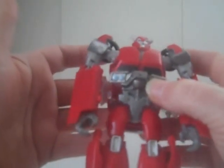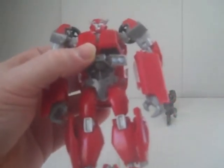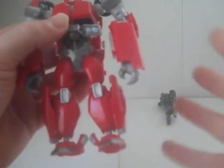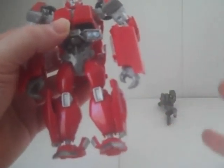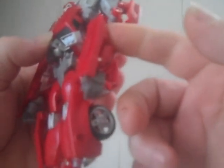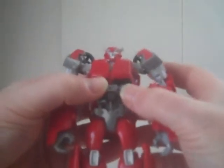But other than this gap and this gap and that slight gap right there, that's about the only things I'm finding about this figure that bother me, but I can overlook them. Except for this. This just gets on my nerves. There's just something I think could be done there. But anyway,